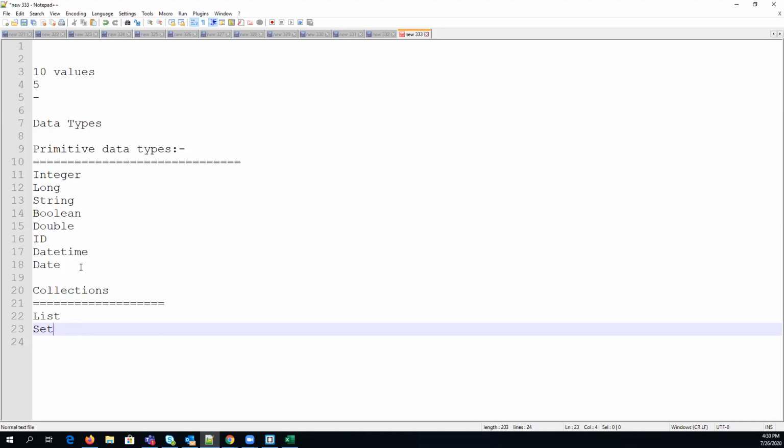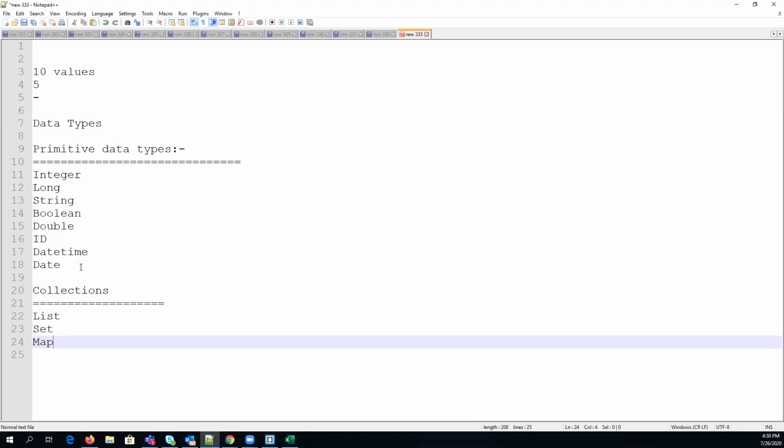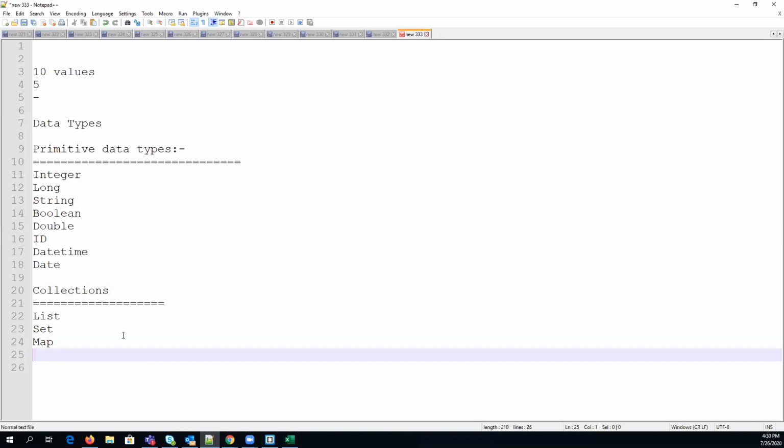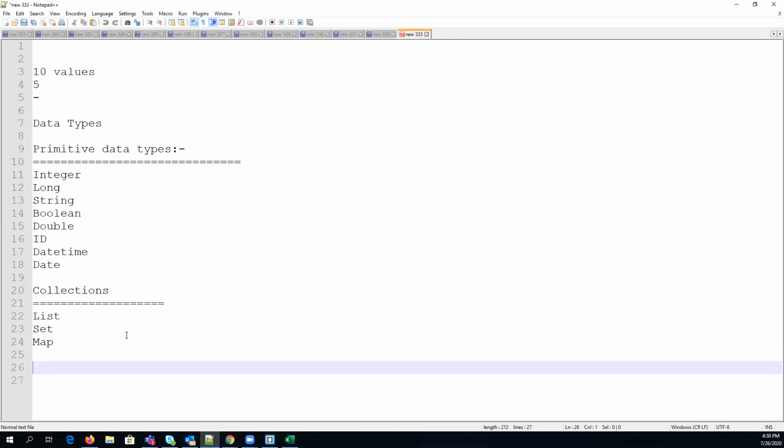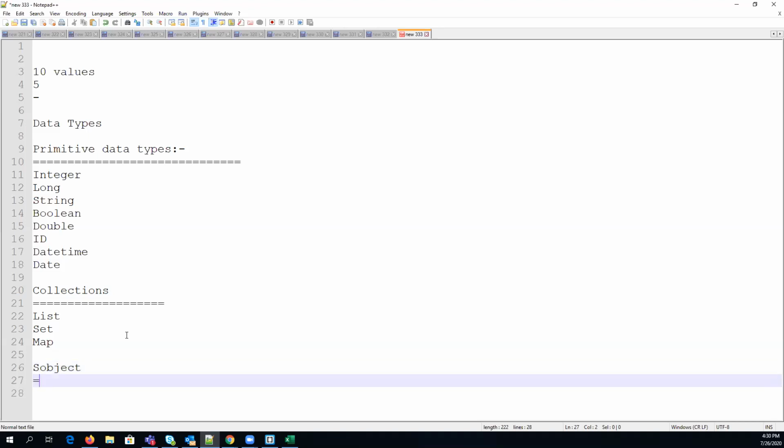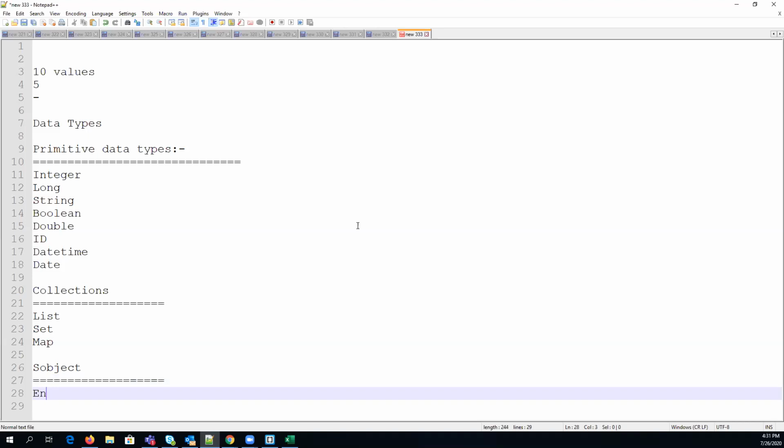So we'll discuss all these in very detail, okay? And what else we have? We have one more data type called object. So what is an object? It is a Salesforce object, which can be standard or custom. We also have enums.